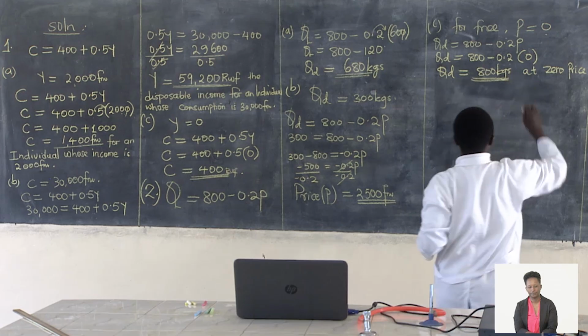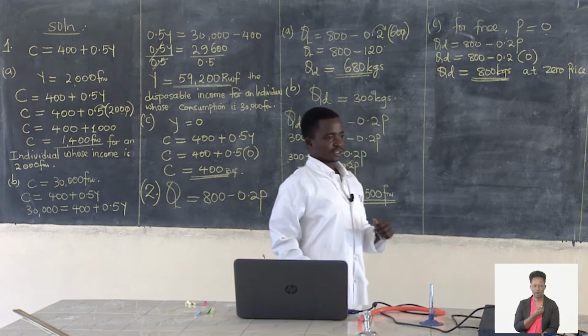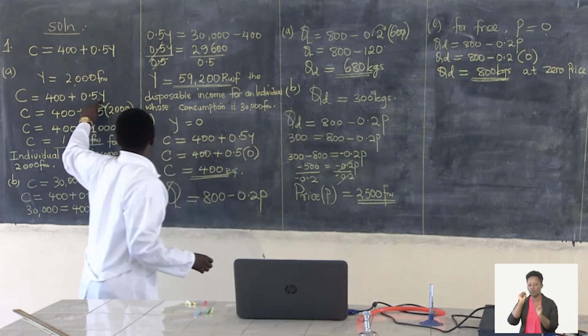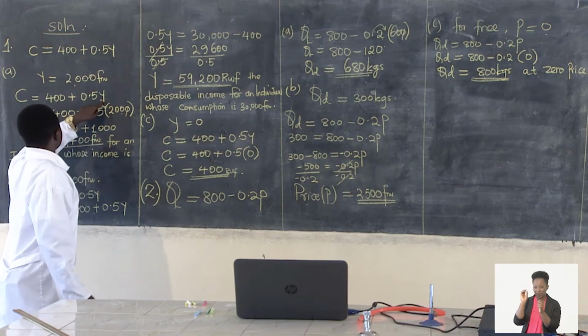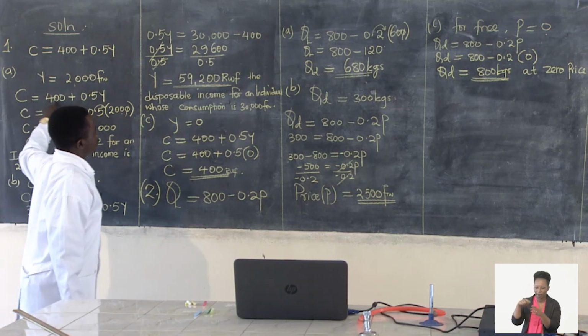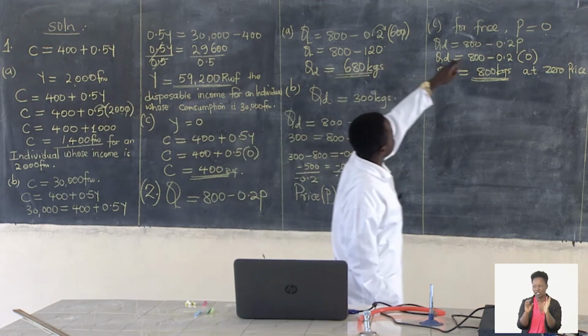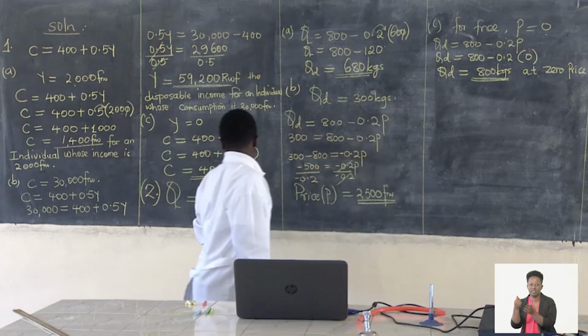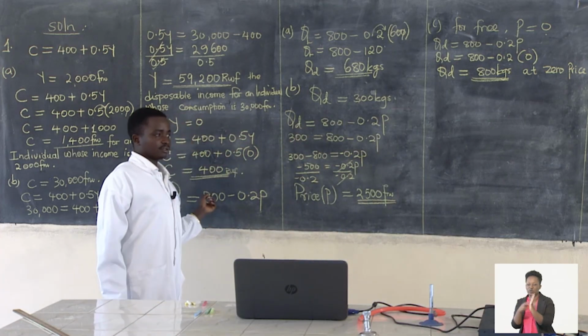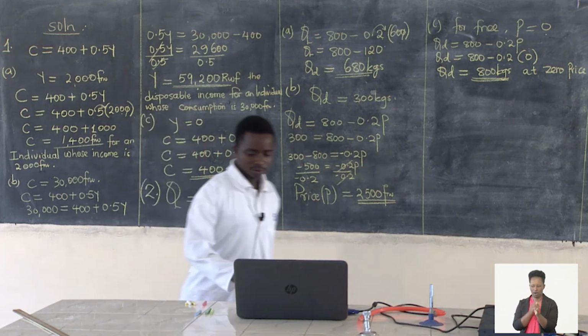So that will be our answer, at 0 price. You can relate it now with this. At 0 income, consumption expenditure is 400. At 0 price, quantity demanded is 800. This is our constant. Then we can go to